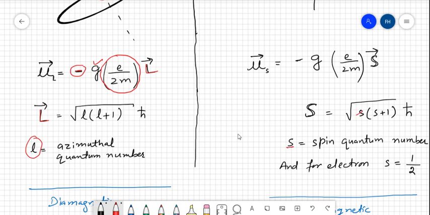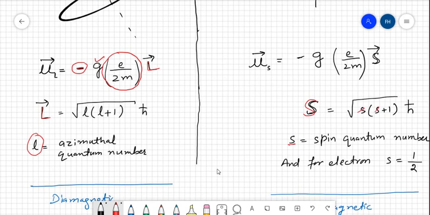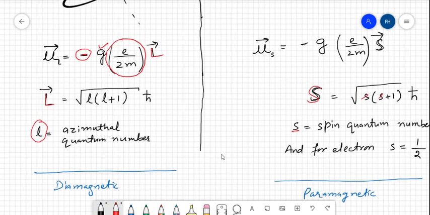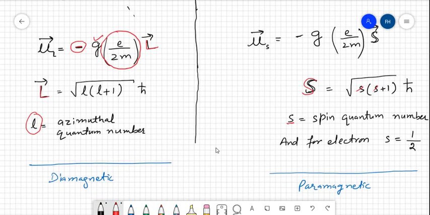Okay, so these are small s, and this is the capital S. So spin angular momentum, or spin quantum number, and you know that for an electron s equals 1/2. And you can exactly calculate the exact value of mu L and mu S, so that you can put in the values. But the main thing is that from the spin angular momentum,